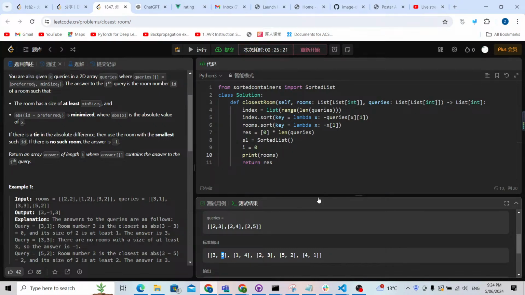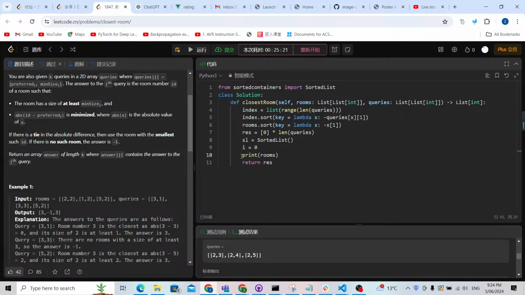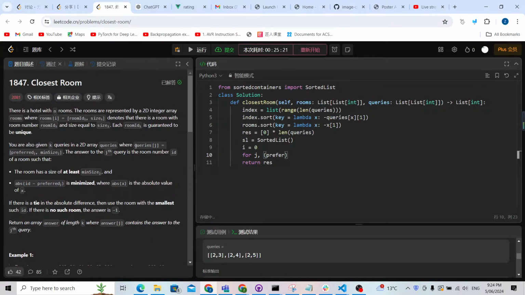Now we finished all the definitions. Now let's get started on the real part of the algorithm. So we're going to check it from the index. So for j, with the preferred, I'm going to use a preferred. Let me check how to spell preferred. It's double r. So for j, preferred and minimum size